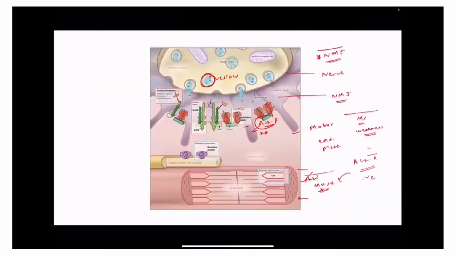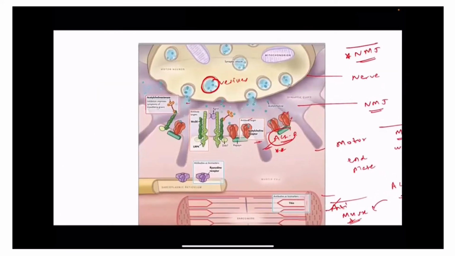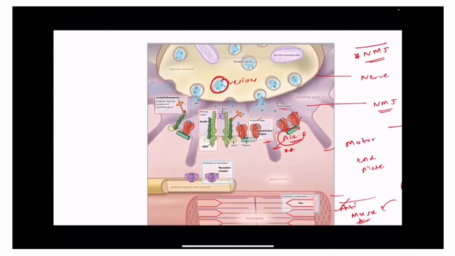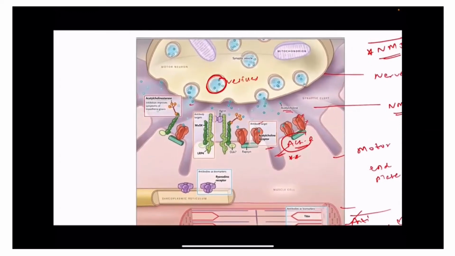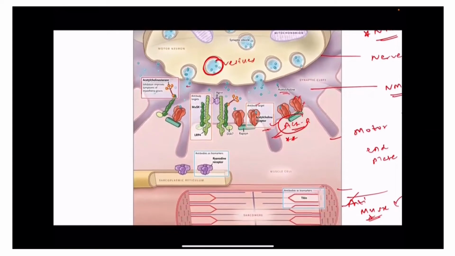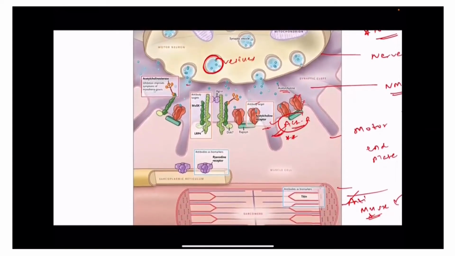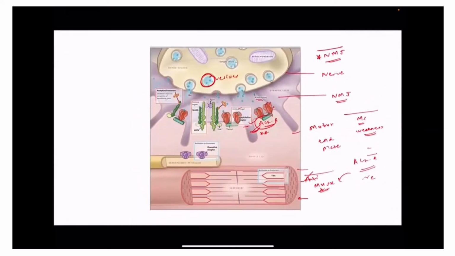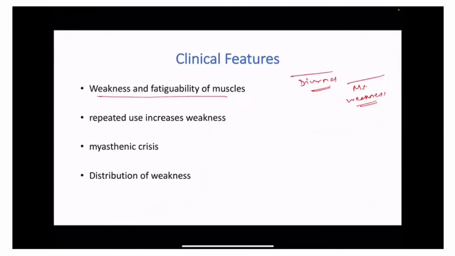Why? Because the acetylcholine receptors start getting fatigued, or acetylcholine receptor antibodies are there, so whatever acetylcholine is formed acts on these acetylcholine receptors, and the patient has a muscle potential. But towards the end of the day, less and less secretion occurs and more and more acetylcholine receptors start getting deregulated. And that is why, at the end of the day, as they use up their muscles, these patients have weakness and fatigability. Repeated use increases the weakness of the patients.